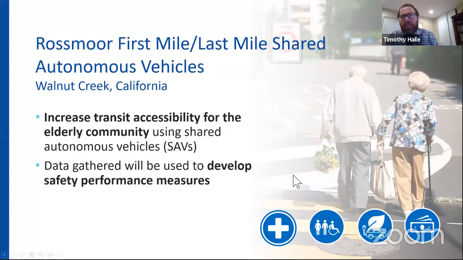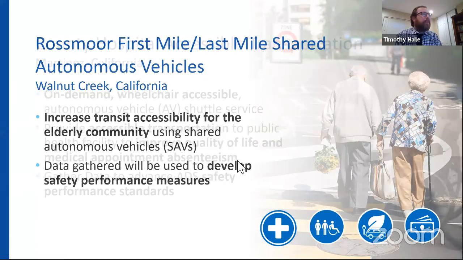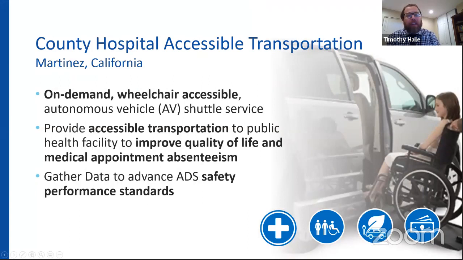We have 3 projects with this grant. We're looking at developing a circular on-demand shuttle service within Rossmoor using level 4 shared autonomous vehicles provided by Local Motors. They are a domestically manufactured vehicle. And the key here is increasing transit accessibility to the elderly community, as well as developing safety performance standards for this project. The second project is developing on-demand shuttle services in Martinez to the County Veterans Memorial Hospital,